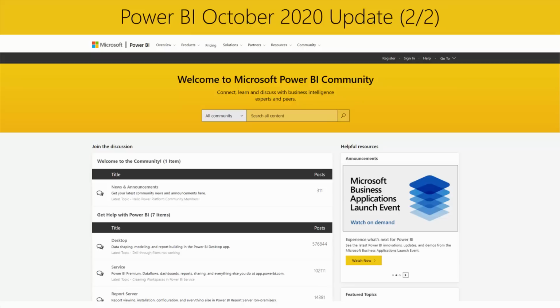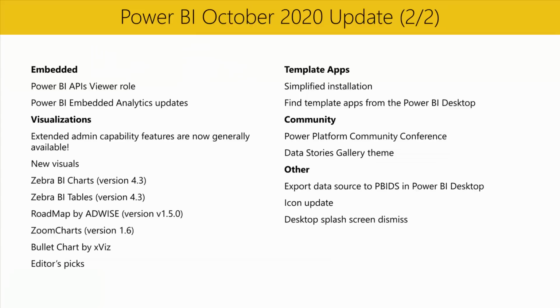The Power BI community is also a great place for you to showcase what you do and see the amazing work other community members have posted in our Data Stories gallery each month. If you want to contribute to the Data Stories gallery for October and November, it's not too late. The theme for October is Power BI and Excel better together, and the theme for November is accessibility. We'll be looking out for those reports that include accessibility features. And who knows, you could win some cool Power BI swag.